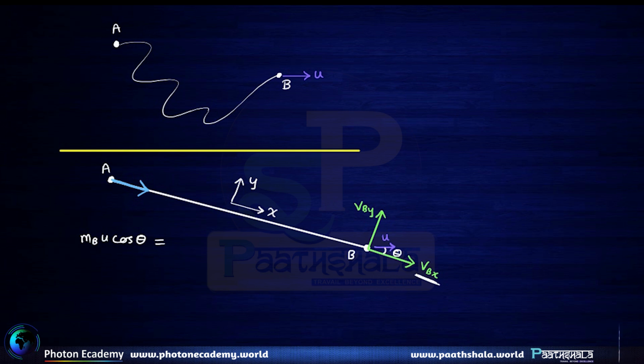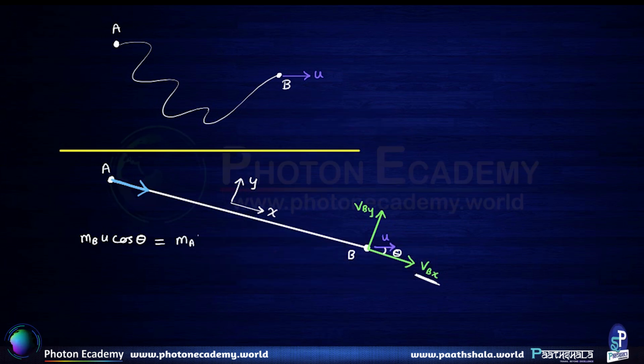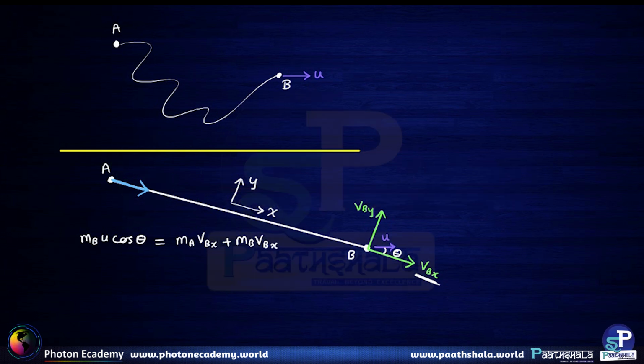As per the logic of the string remaining taut, the velocity of both particle A and particle B happens to be equal to the same value after the collision. So that means this is going to be equal to mass of A into velocity of B in X direction plus mass of B into velocity of B in the X direction. So velocity of A in the X direction and velocity of B in the X direction are the same after collision along the string. So this is one equation that we get for string collisions, and another equation that we get is